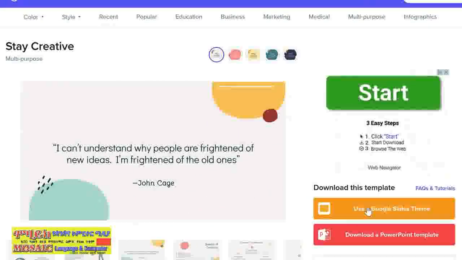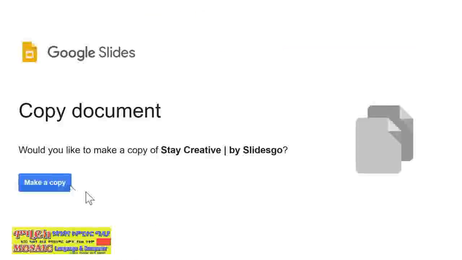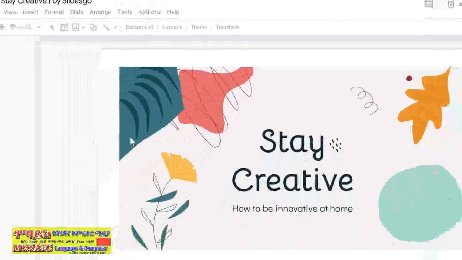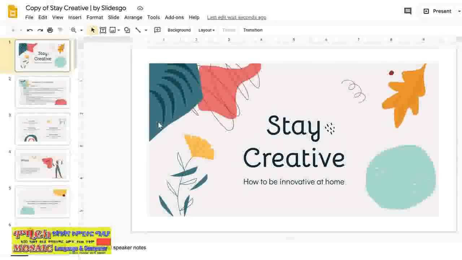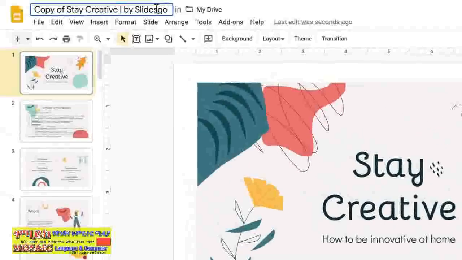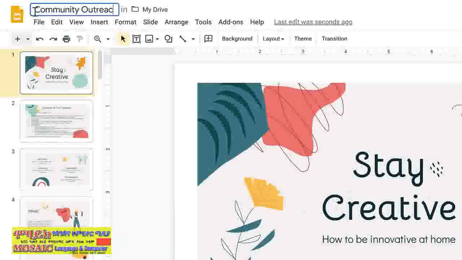If you like the template, click Use a Google Slides theme. Click the button Make a copy. The presentation is saved to your Google Drive. You can rename it here. Now you can edit the presentation to include the information that you want, similar to how you would edit any